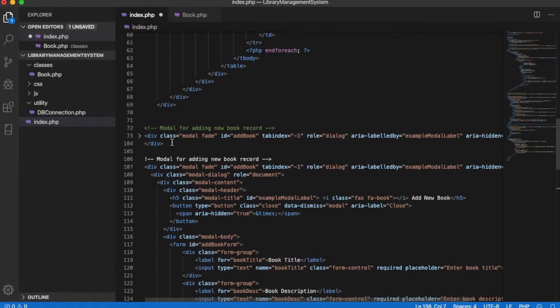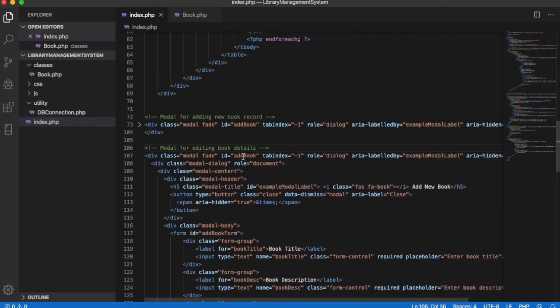something went wrong, so we don't have the comment tag there, and so this model is for editing book details. So in this we will say this model is for editing books, so we'll give it the ID of edit book,